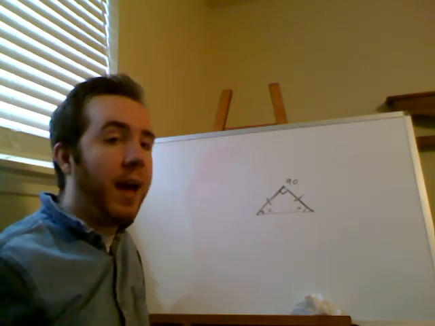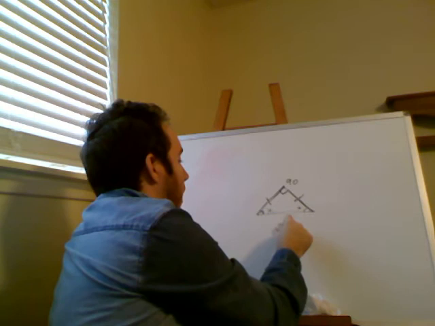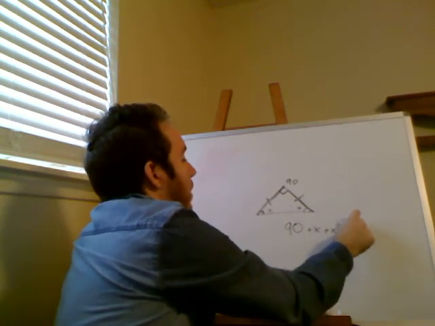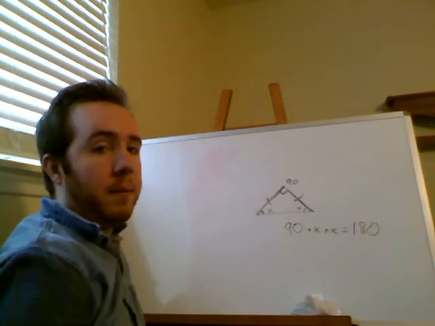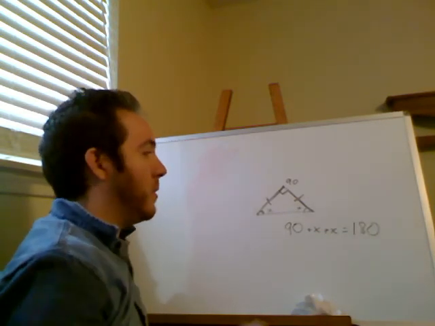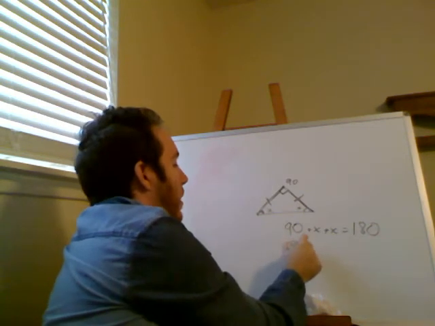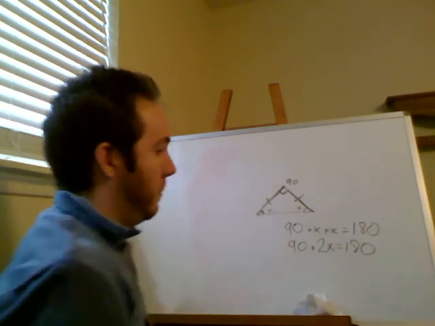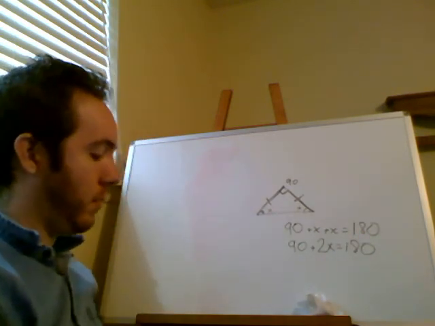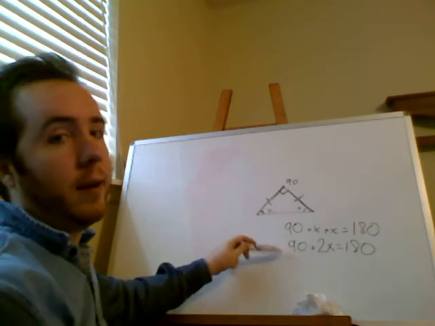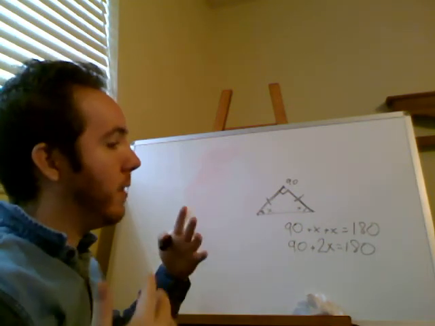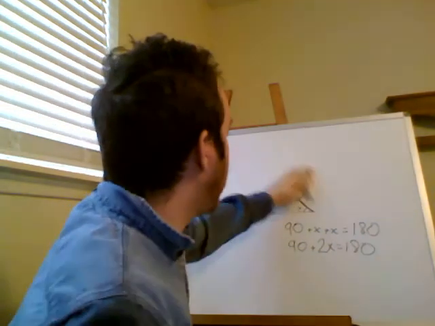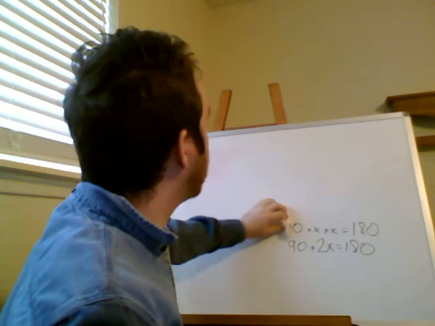So if I wanted to find x, all I would have to do is do 90 plus my other two angles, which happen to be x, the same number. I know they add up to 180. Now, remember, step 0 I said was to simplify. That's 90 plus 2x equals 180. Now, here's the thing. As soon as we see that, we should kind of start thinking, oh, this is a little familiar. If I ignore the whole rest of my question and pretend that I'm starting from here,